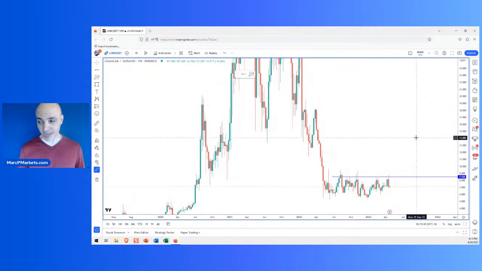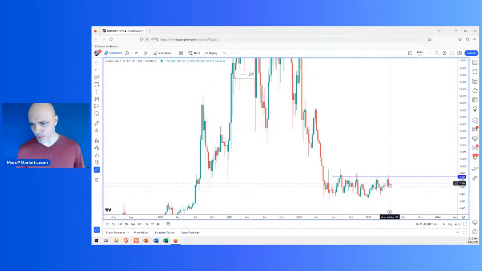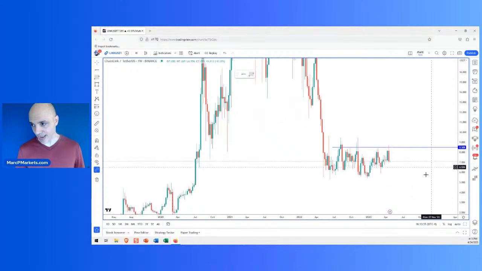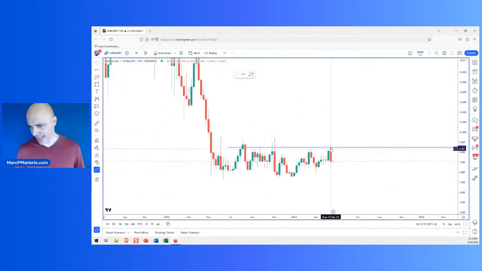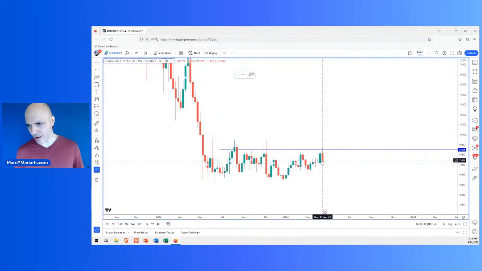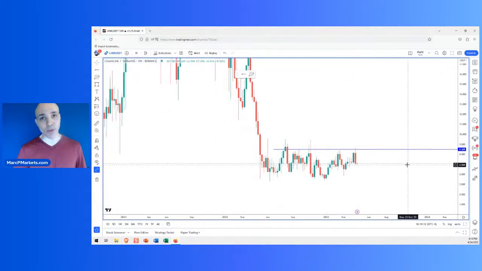So again, look, you're stuck at a resistance. This is a weekly chart, okay? You're respecting this resistance at $7.26. You could round that to $7.50 if you want. And look, this is an outside bar on the weekly, okay? Outside bar. You have the high, what, 879 is the high on the outside bar? 879. The low of the outside bar is $6.86. That outside bar is the previous week's candle. You have an outside bar rejecting the resistance.